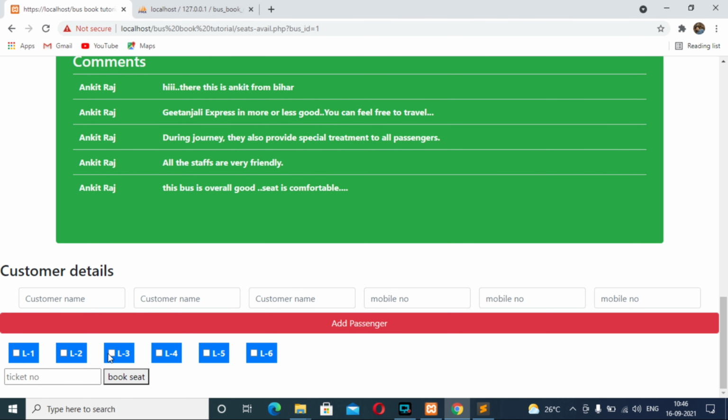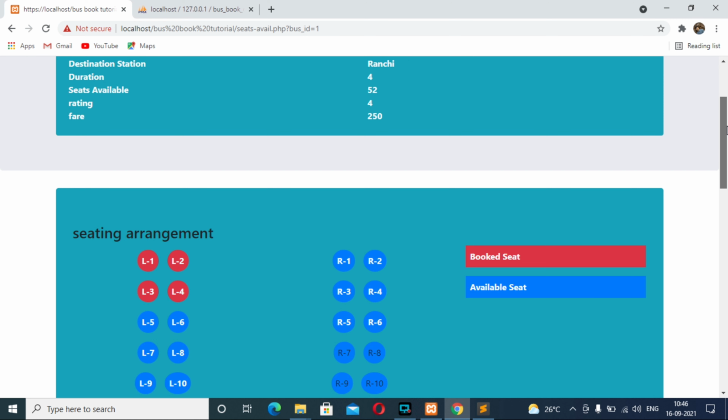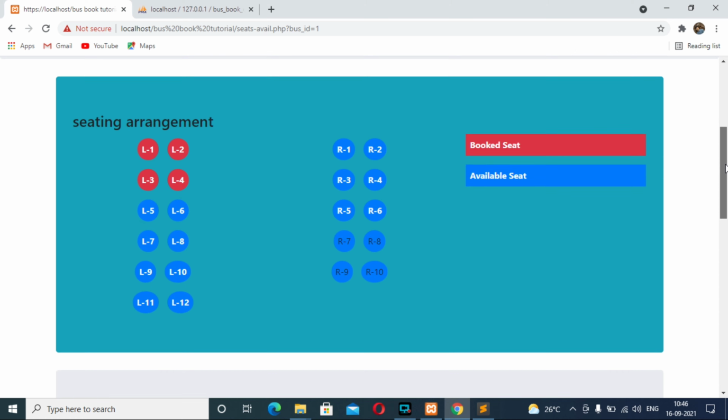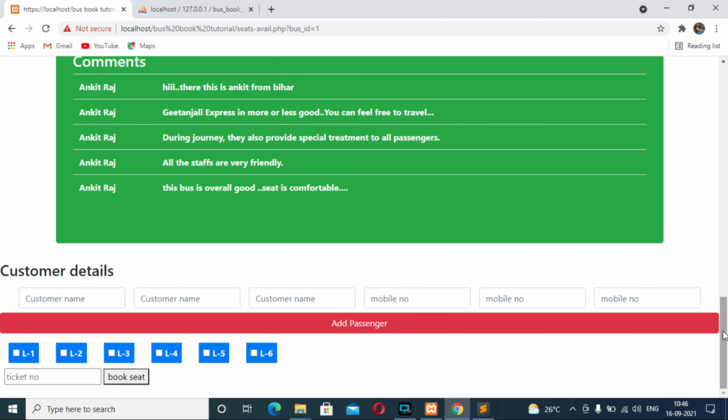And L3, L4 is already booked. Okay, here is a problem. I need to show one more seat so that we can book that seat also, but here only 2 seats are available to book. Okay, do one thing, L5, L6, I will provide one more seat.